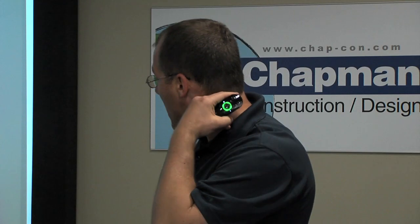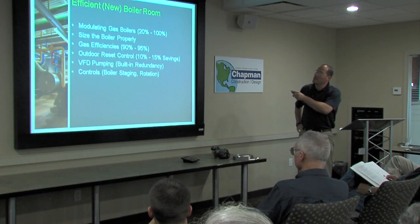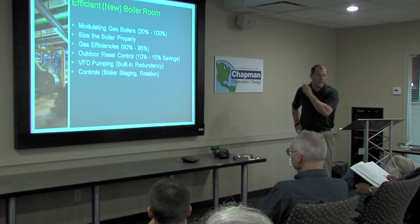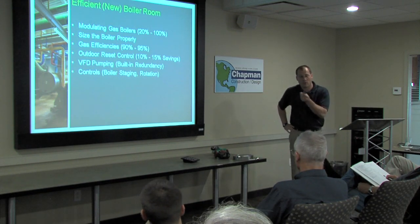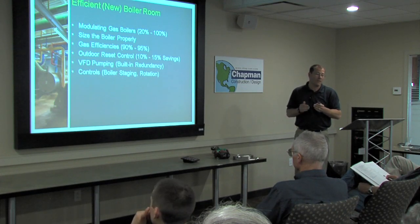Obviously, sizing the boiler properly. Don't put in more boiler than you need. You have to obviously have a discussion about redundancy. If a boiler is down, how much redundancy do you want? So you're typically talking about a couple of boilers to do what the single boiler used to do in the past. There's been a huge gain in efficiencies. There's a lot of claims about efficiency, but we'll talk about condensing technology, which is above 90%. And as soon as you go above 90%,